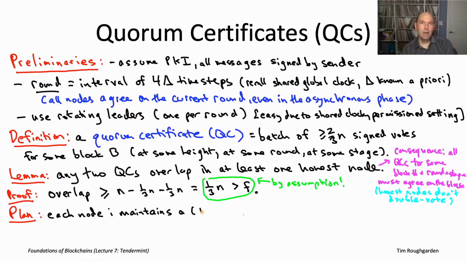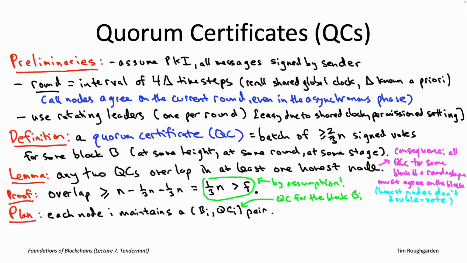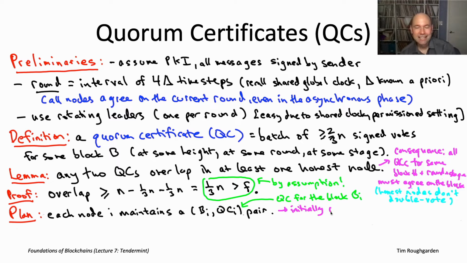the next slide. So each of the nodes is going to be maintaining 2 local variables, one of which is keeping track of a block, the other of which is keeping track of a quorum certificate for that block. So when the protocol is just getting up and running and we need to initialize these local variables, each node independently just sets its QC variable to null, because no quorum certificates exist yet, nobody's voted on anything yet, and sets its block variable b sub i to just all of the transactions it knows about that haven't already been executed, that haven't already been included in some previous block.